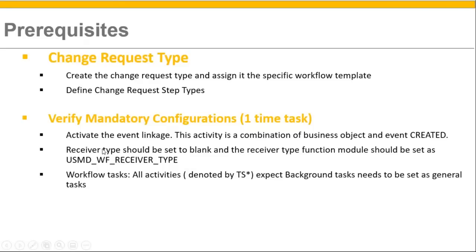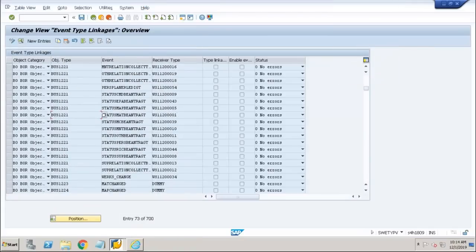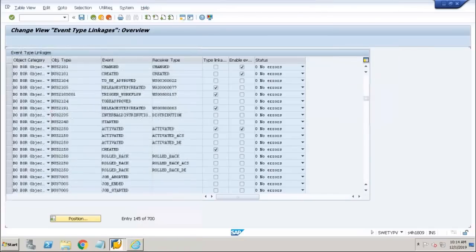Receiver type should be set as blank, and the type of function module is this one. For what? Event created. So there is a business object BUS2250. For this, event created,